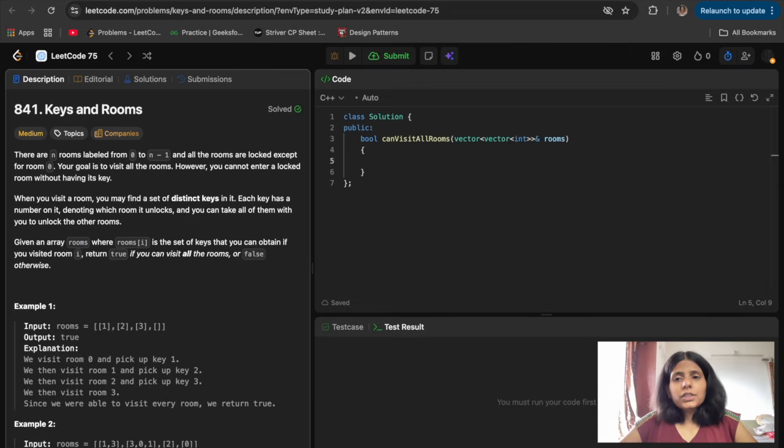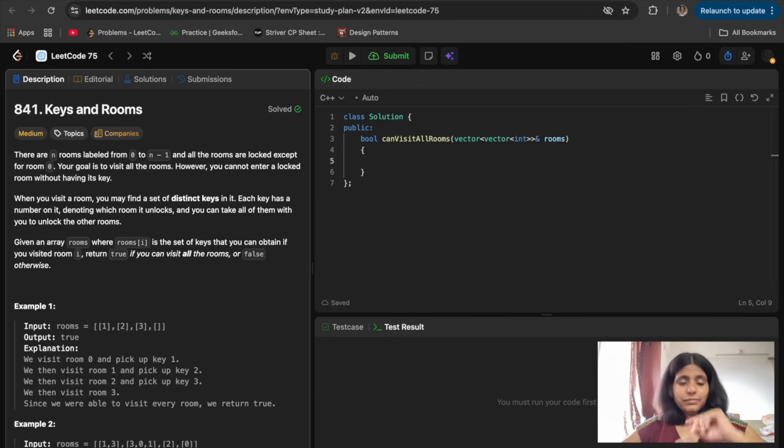Given an array of rooms, where i means the ith room and rooms[i] means the keys in that room, we have a key of the zeroth room. So okay, that's the question.